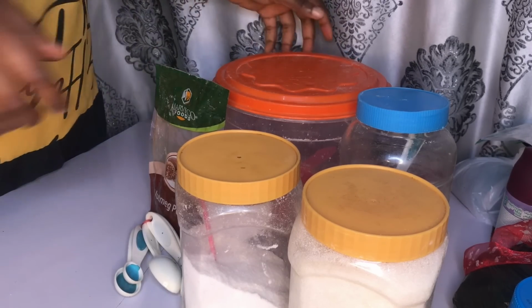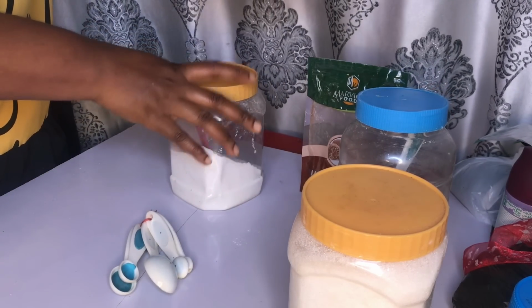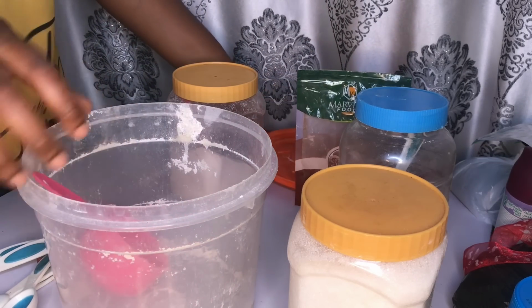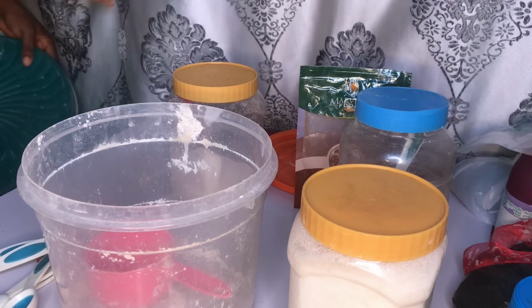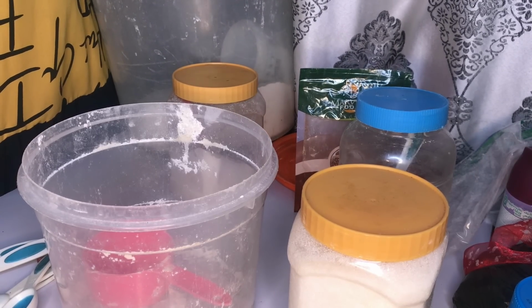So guys, everything is set. I'm just going to go through the process. Please pay attention, okay, so we don't miss out anything. So here's our container. I'm just going to open this container. I've just finished the product inside. So what I'm going to do now, I'm going to give you the recipe of 1 kg,